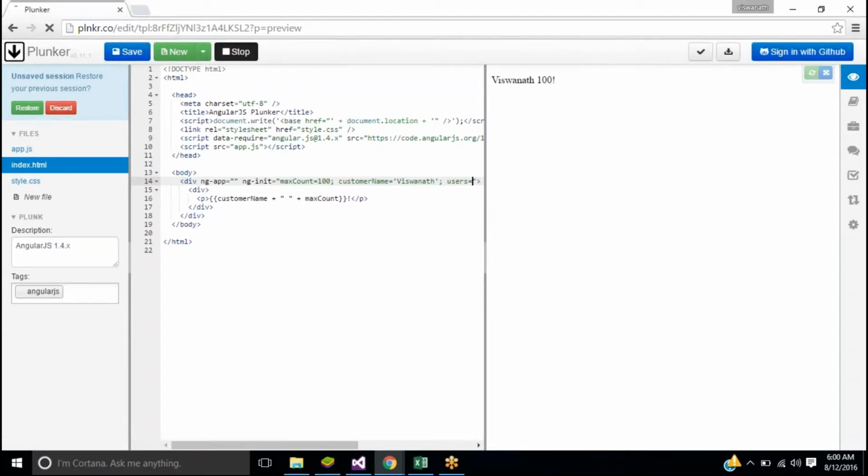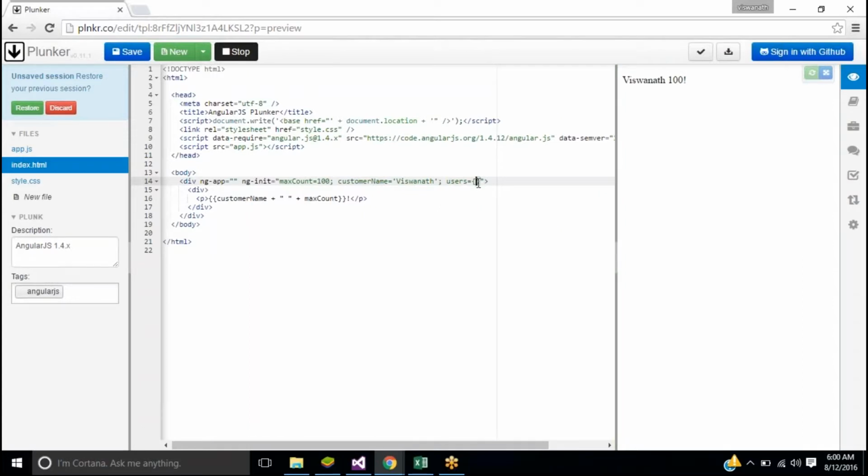Okay, let's try, users can be an object. How do we create an object in JavaScript? Key value pairs, yes. But what is the syntax for creating it? Let's say I want to create an object with some first name and last name, or say student details. How do I create it? In the curly braces. Yes, good. So inside curly braces, I say name colon